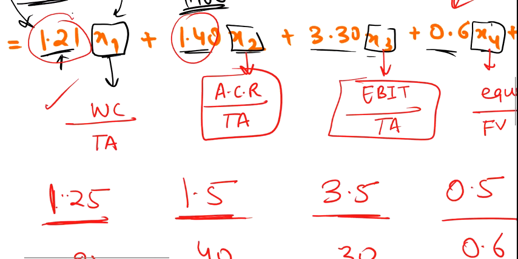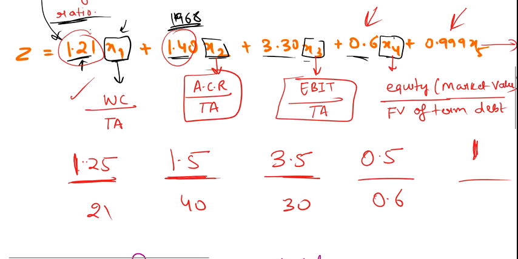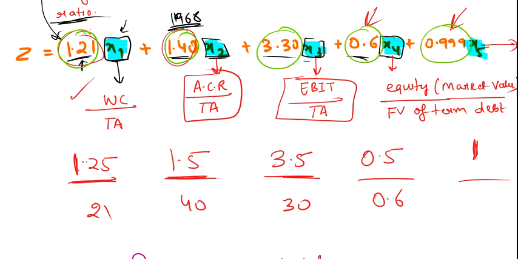Okay. Now let's come back to LDA again. Now understand that with the LDA, what's our approach? If I come to the Z score, this is my Z score. In the Z score, these parts are completely taken from the balance sheet of the company. Now there are a few things, these weights, we can change these weights. Why can we change these weights? These are basically the coefficients of my variables, so I change these weights so that I can optimize my LDA. Why do I have to optimize?